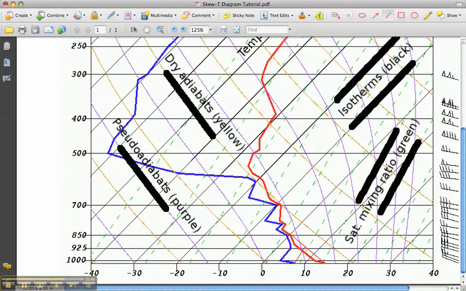Now, since the air parcel is now considered moist, instead of following the dry adiabats, which is this line here, the air parcel, now that it is completely saturated, we're going to follow the saturated adiabatic line, or we're going to follow parallel to it. Recall that the saturated adiabats in this particular example are the purple lines. So I'm going to now take my air parcel